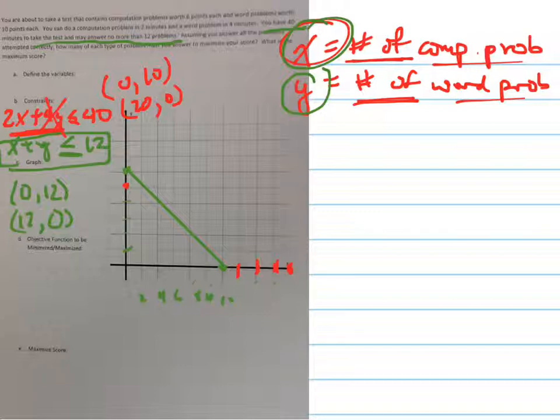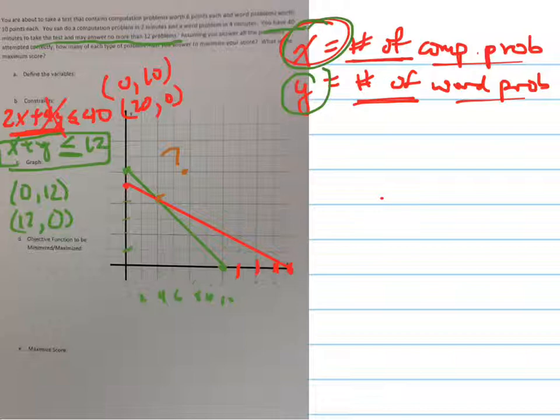So let's graph that line now. And again, try to graph it as accurately as possible, because this number right here is what you're going to need to find in a little bit. That point right there, I'm going to have to find that point, because that's where the two constraints